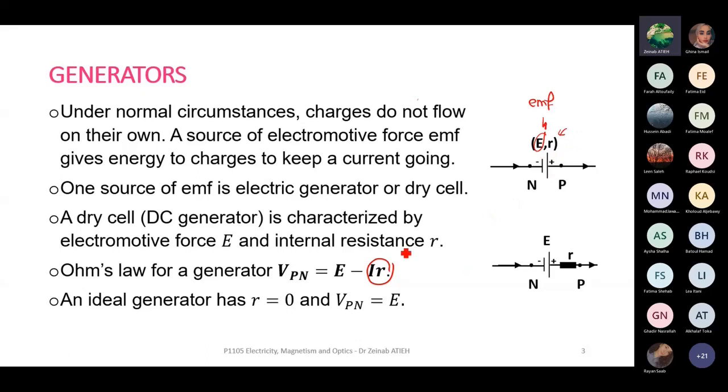As you have seen from a generator, we have two poles, the positive pole and the negative pole. So we draw them similar to a capacitor, but the positive pole has a longer side than the negative pole. You all know this information. You also know that the electrons move from the negative pole to the positive pole of the generator, while the current moves from the positive pole to